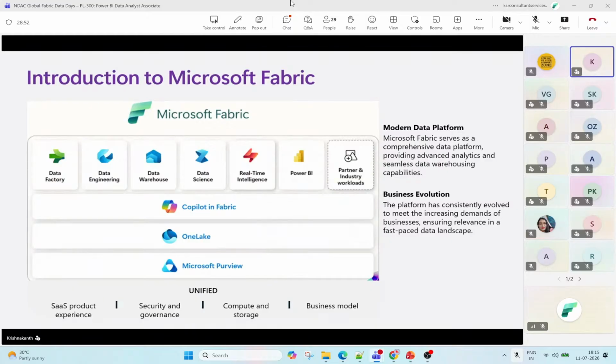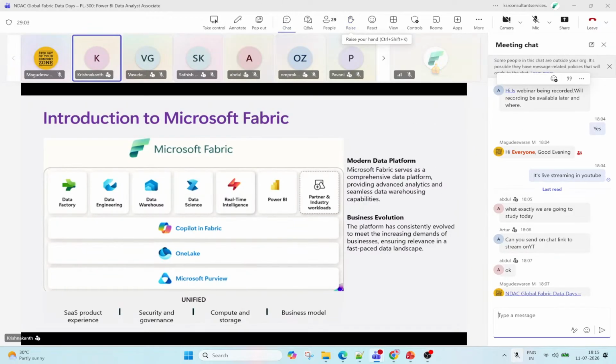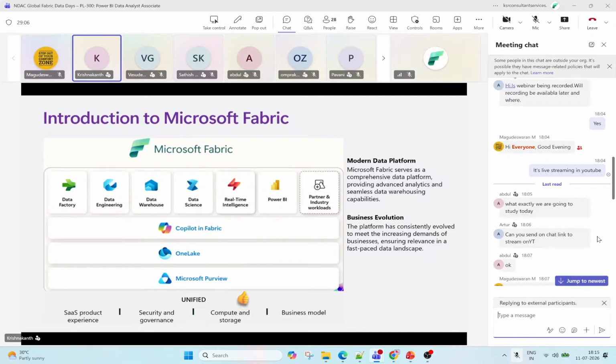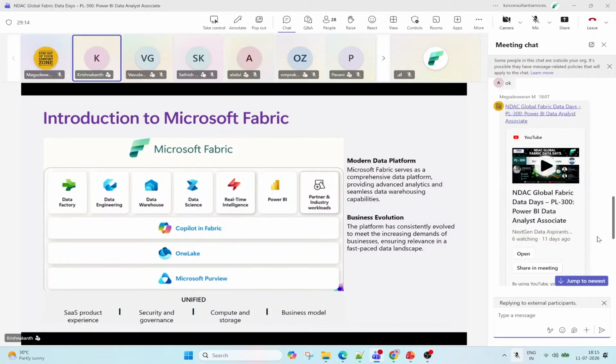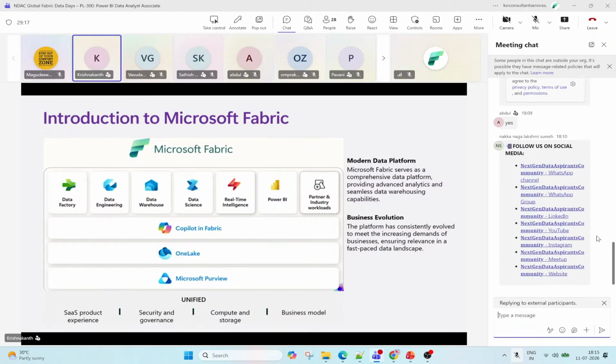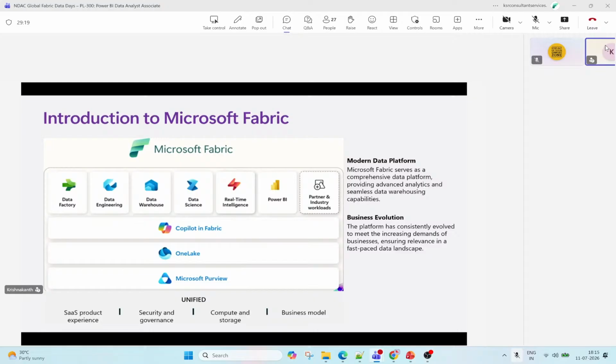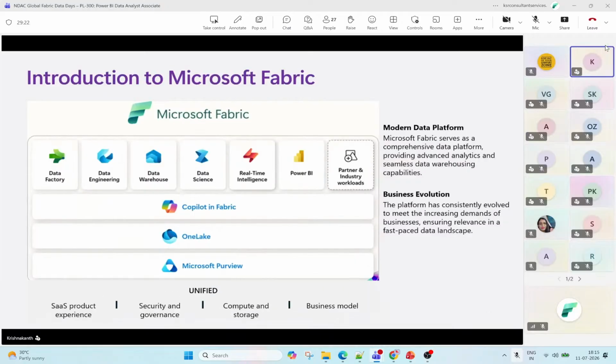And we have Power BI for business intelligence reporting, and we have Copilot in Fabric, where our end users can give a prompt. From the workspace level, for example, if there is a stacked bar chart and the end user wants to change it to a stacked column chart, when they give the prompt it automatically changes from the stacked bar chart to the stacked column chart. Once the end user has premium capacity, yes, they can utilize the Copilot feature, and they can bookmark the changes they have made.